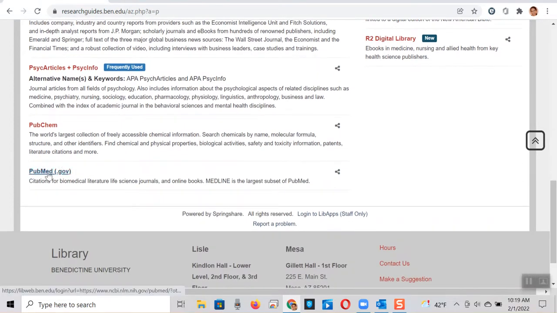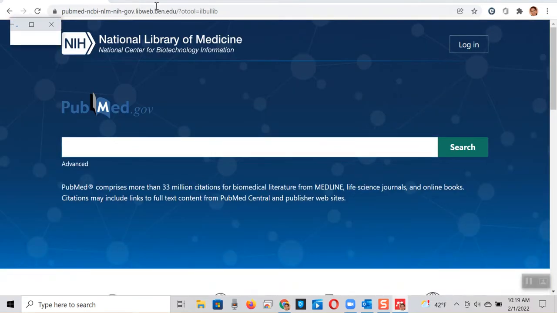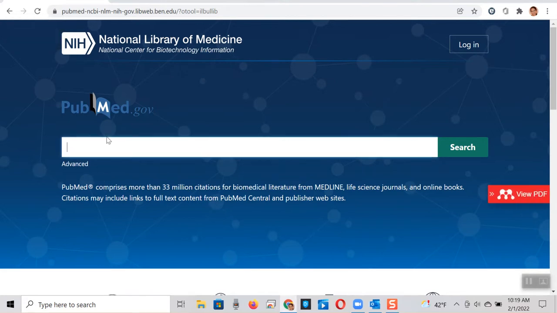Okay, go from here. And when I come here, this is your login credentials for Ben.edu, and students have a different type of user ID and password than the staff does, so it won't be your initial and last name, so be aware of that. And then we go here, and this is where we go to the National Library of Medicine, and I am not going to concentrate today on